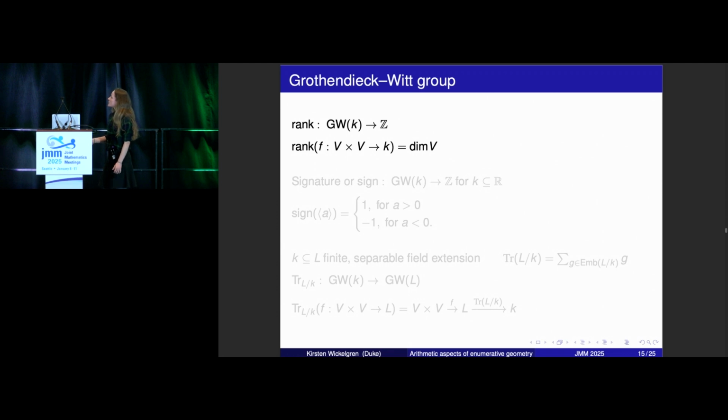To get a handle on this group, let's note that we can get an integer, so we'll be able to recover counts over C by passing to this rank. So the Grothendieck-Witt group maps to Z via the rank. We can send a bilinear form to the dimension of V over K. And to recover our real counts, it will turn out that